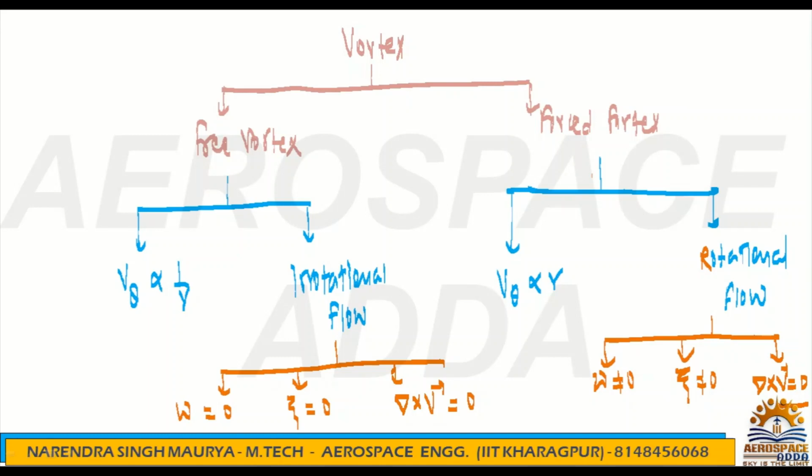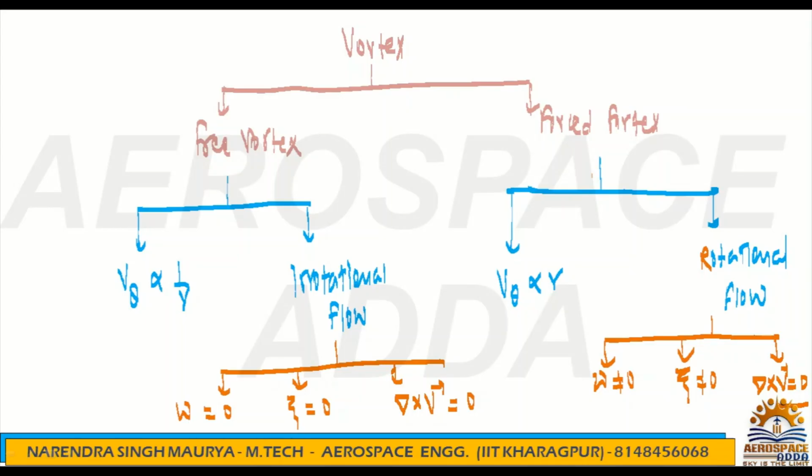So for rotational flow, obviously losses will be there. Once losses are there, then Bernoulli equation is not applicable. But in irrotational flow, because there is no rotation, so there is no friction loss, so you are free to apply energy equation, means Bernoulli equation you can apply in case of irrotational flow. Okay, always remember, this is also a very important point. You have to remember that. All right, now coming to